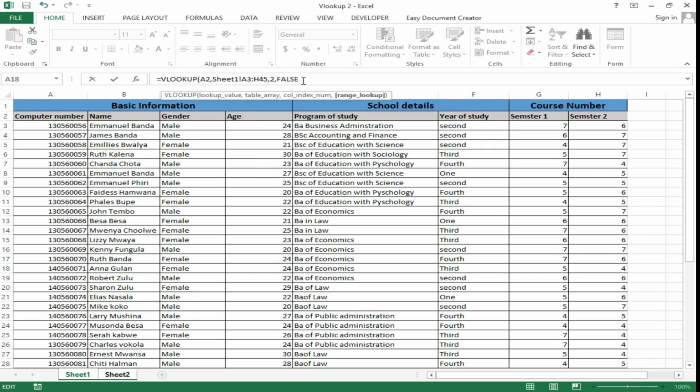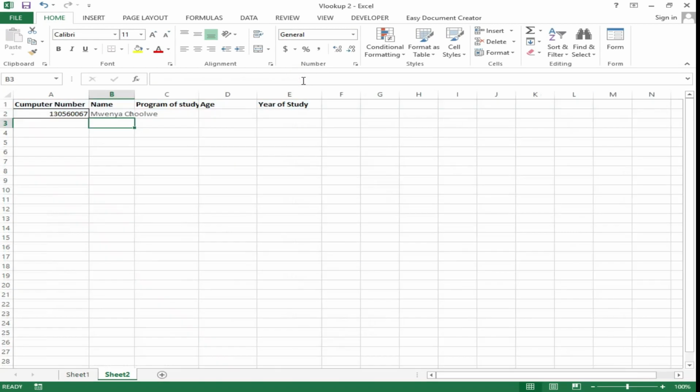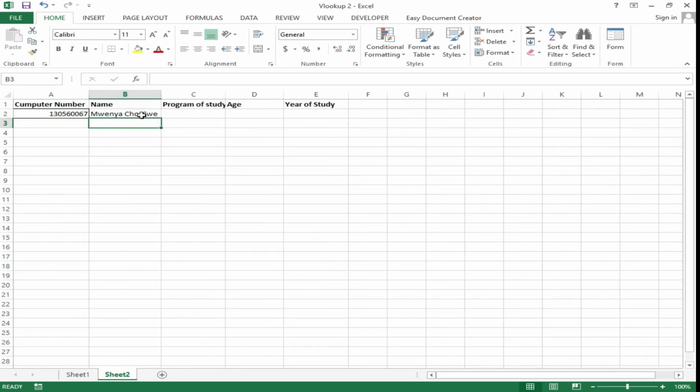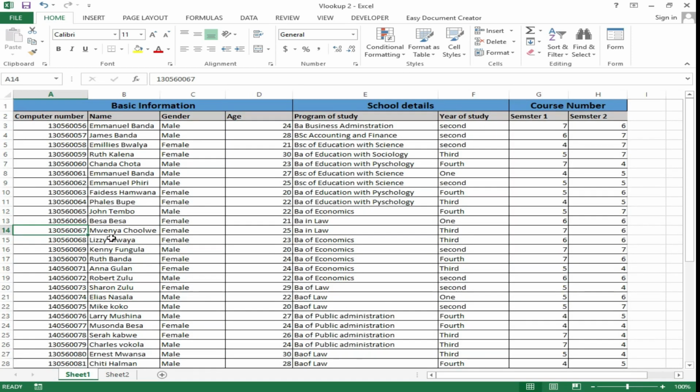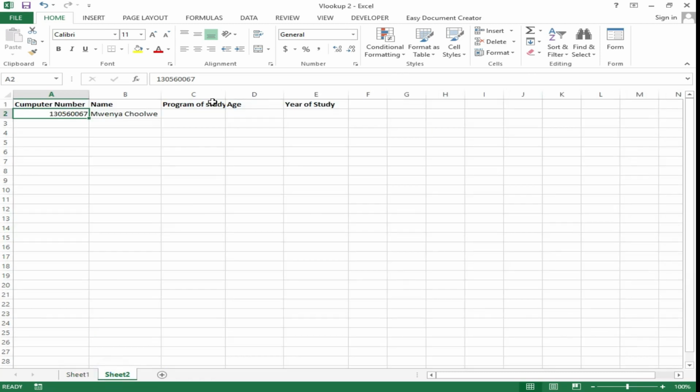So we need the exact match, then just click false or 0. Type 0 or just click that, and the function will give you the result. This simply means that the computer number we have here belongs to Munyachorwe, who is this one. Then if you want to do the same for this,